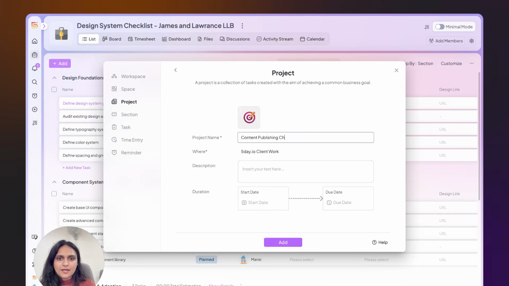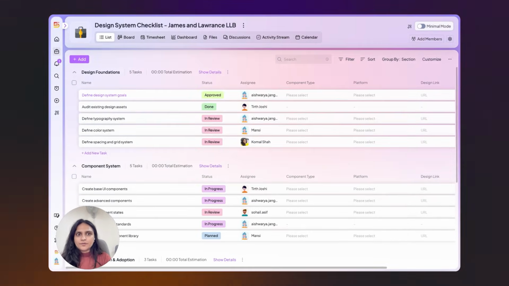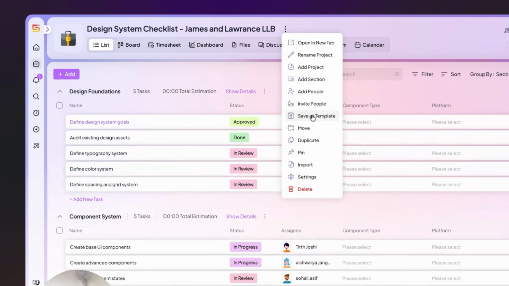But now let's say that you are from an agency and not an in-house team, and your checklists need to be applied to multiple clients, and those client projects also keep restarting every single time. Isn't it super annoying to create this project like this every single time? For that, once you create, let's say, your content checklist or design checklist in this case, you create an entire project, you edit it however you want, you add all the necessary fields you want for that checklist. What you can do is go to the three dots here and click Save as Template.